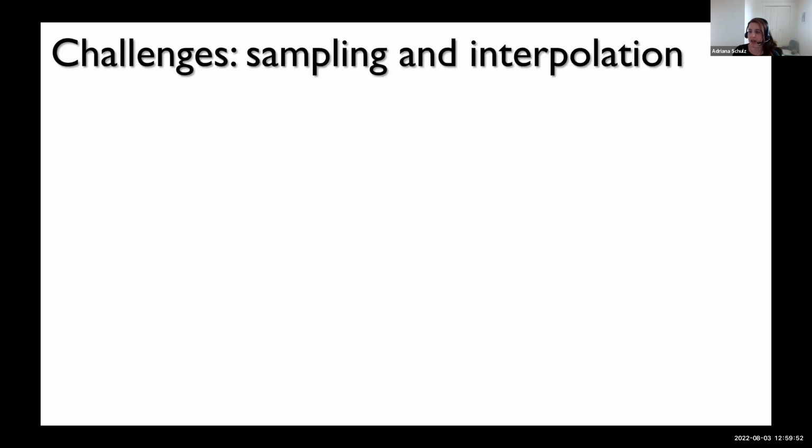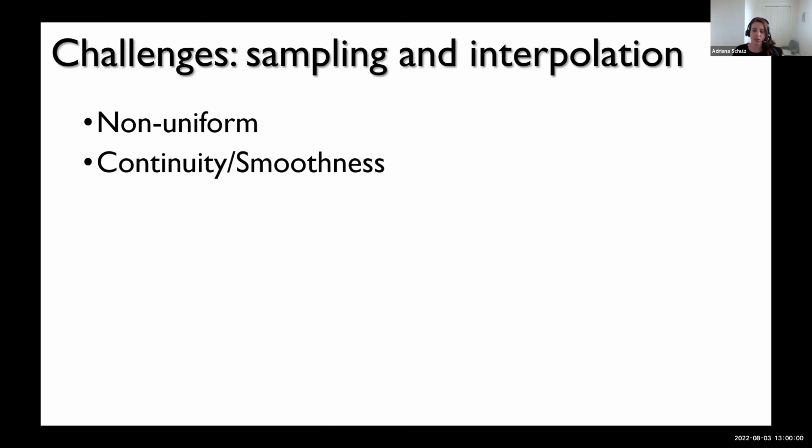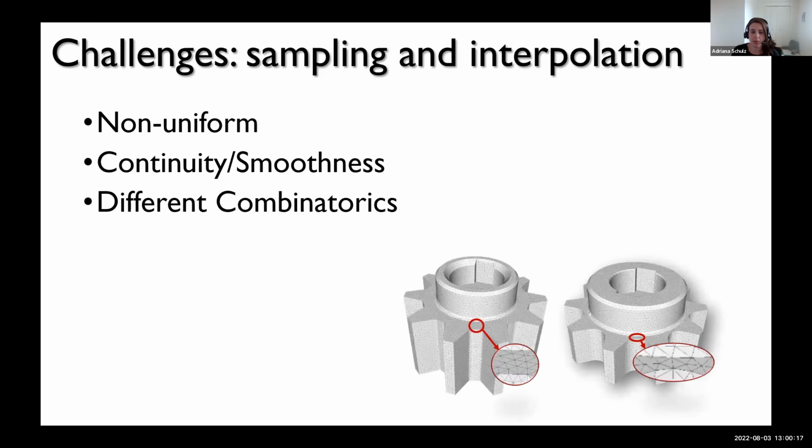Our challenge here is that we need a sampling that is, of course, not uniform, because different parameters impact the variations in different ways. We want to make sure that we have smoothness and continuity across these interpolations, assuming, in this case, that the topology is fixed across the parametric variations. But a fundamental challenge is also how we blend or morph between these two shapes. If we expose this as meshes, they are going to have fundamentally different combinatorics, so they have different triangulations. How do you actually interpolate in between?